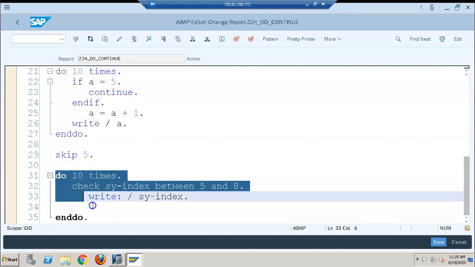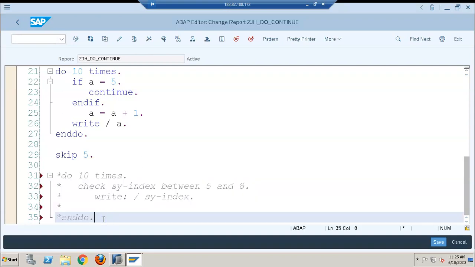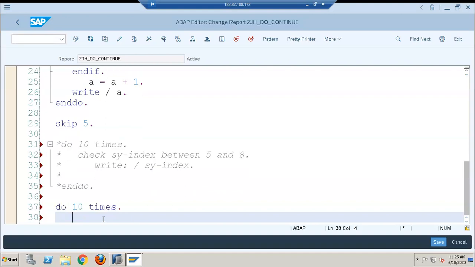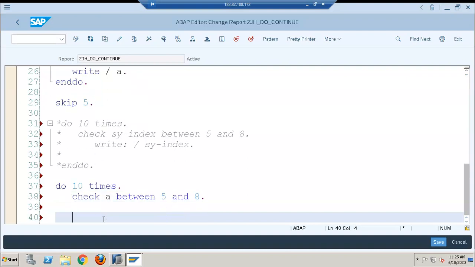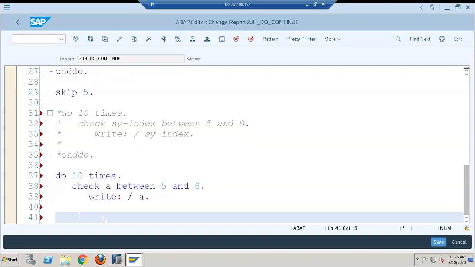Let us do the check once again with a variable, because we are already using the variable. We'll go with do 10 times, check a between 5 and 8, then write a, and enddo.